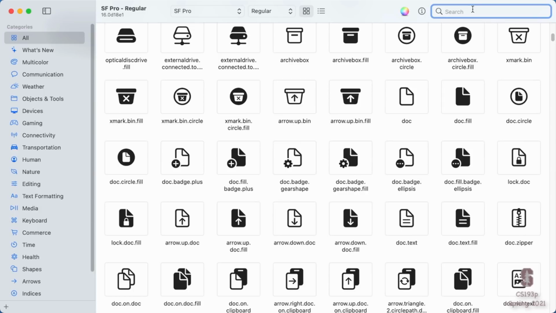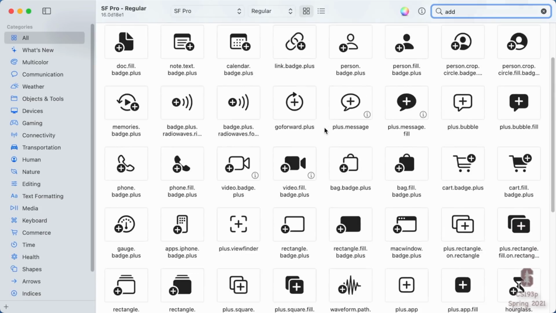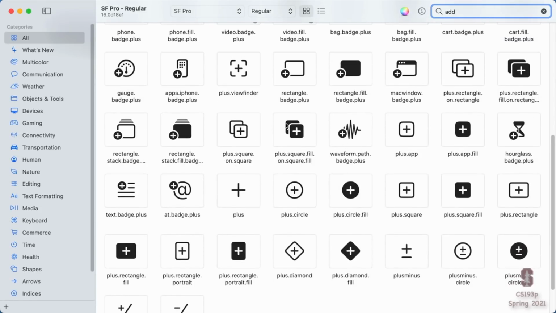So like I might say, I want to add something. Now you're getting all the ones that make sense for adding. And you can see here's a plus with the circle. There's also a plus with the square. And it might be thinking which ones I want to do here, but I think plus with a circle is more appropriate to what I'm doing there. Plus.circle is the name of it. That's all you need to know is this name. And when you have this name, you can put it in your code.